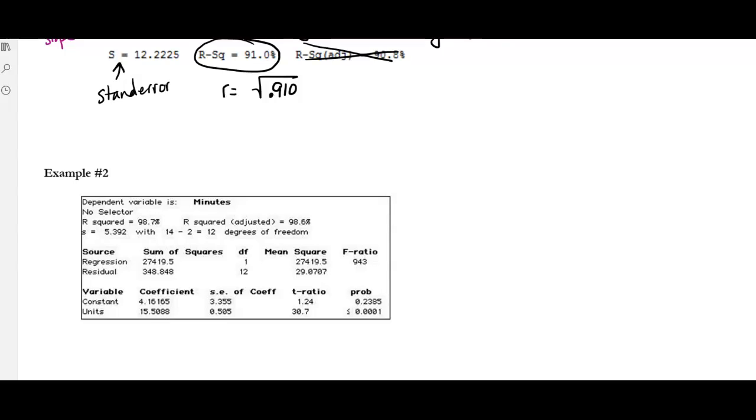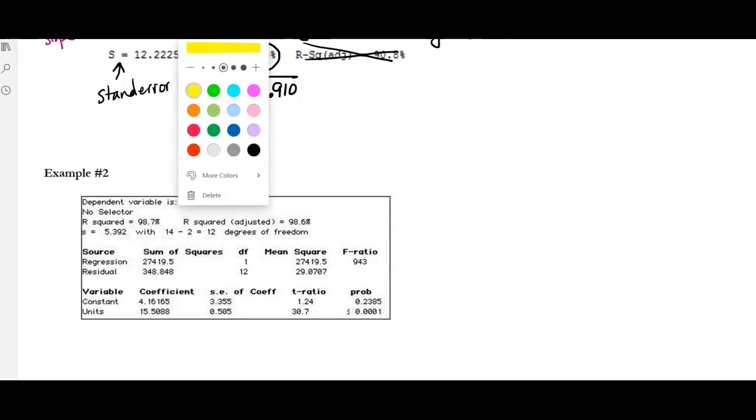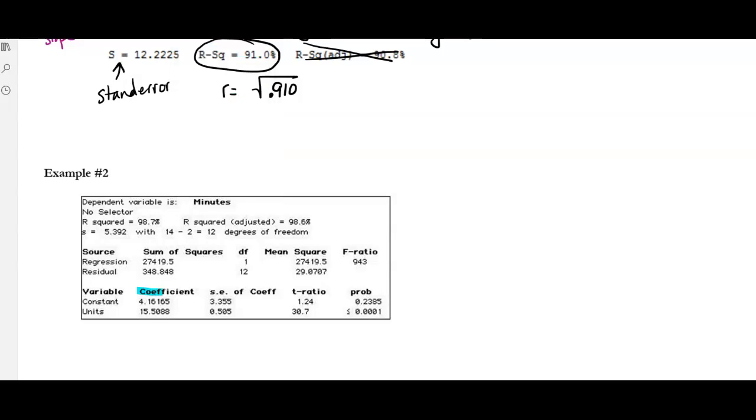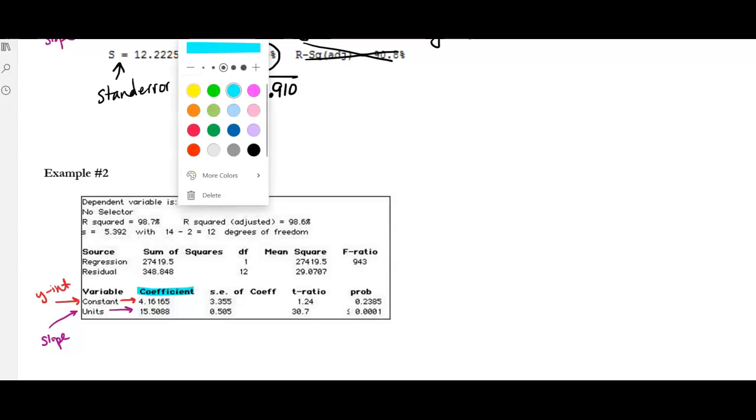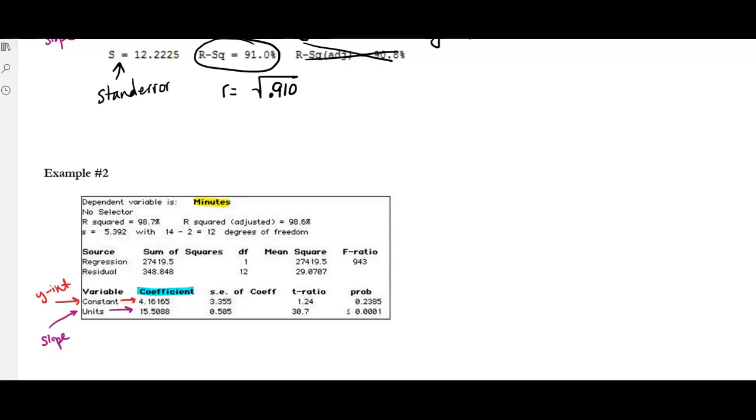Okay, so again, we look for that keyword coefficient. That tells us the numbers we're going to have to use. And this one again had constant, so this is our y-intercept, which is this number. And then the number in words, that's our slope, which goes here. It doesn't really say what's going on, but you see this here, minutes. It says we're predicting minutes. So our minutes hat